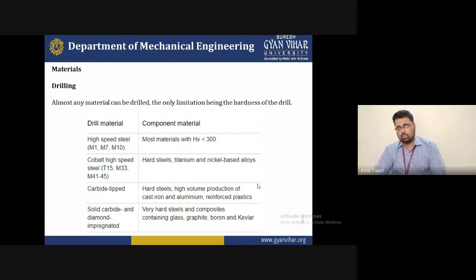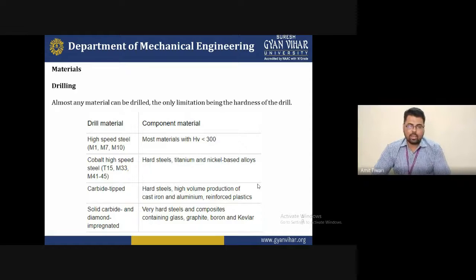Okay, so we do not require less than 300, because hardness is more important for the cutting tool. If the cutting tool is not harder than that, there may be chances that the material of the cutting tool will be damaged during machining time. So these are the drilling material and the component material.